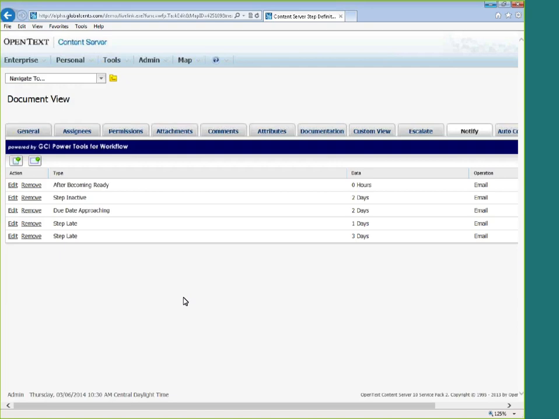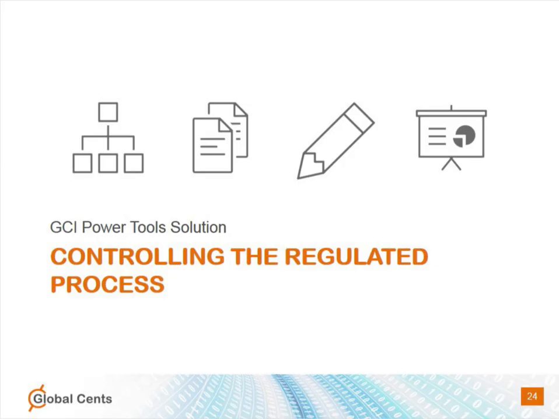Yeah, controlling the work process and performing the functions automatically has always been a problem for Content Server. It does a lot of things, just not necessarily everything you need for a complete regulated process. In the past, you've been forced to write event scripts to get your workflows to perform any common actions. When you do that, you're stuck with custom code that must be maintained over different updates of Content Server. The Power Tools suite helps bridge that gap between what standard Content Server workflow could do and what you need to be able to do.